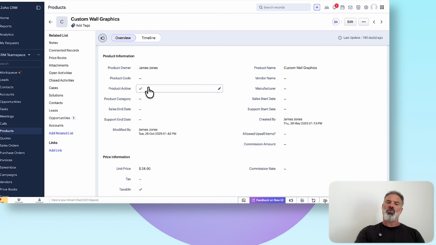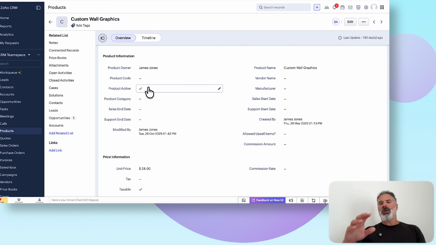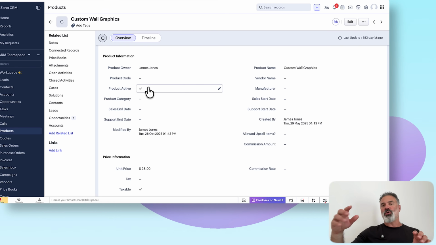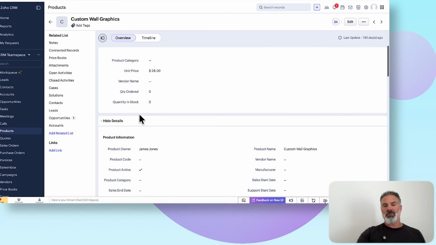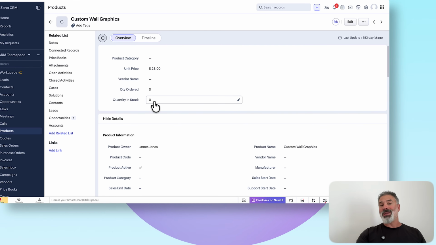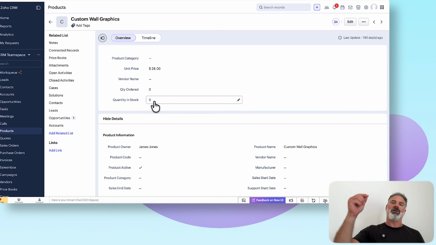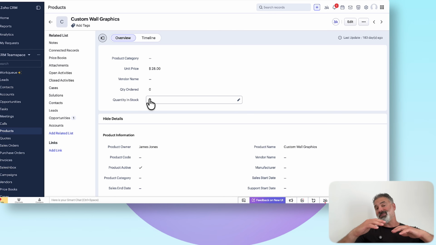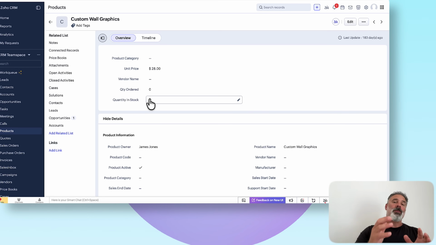And you can also have some integrations that are built in with the invoices and purchase orders. So every time that you're ordering more products, it will add quantity. It will update it automatically. And every time that you're pushing invoices, it will deduct from the inventory. So it will always know where it stands. Now that will be a very basic